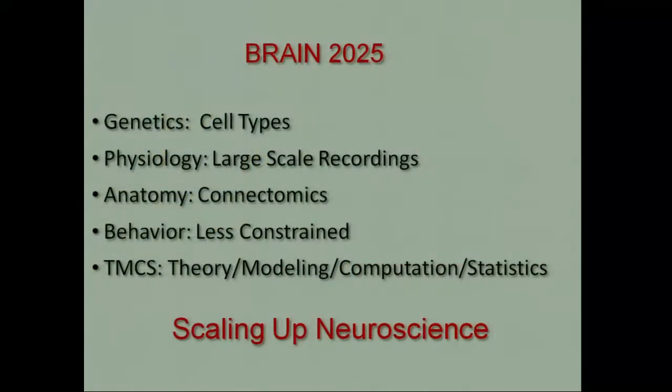So that's really what I'm going to tell you about today, a few things that are going to be happening with regard to this particular recommendation. Now, what's common to all of these different recommendations is that it's all about scaling up. It's all about taking what's been done one neuron at a time and scaling it up to many neurons. And I'll give an example of that in a second.